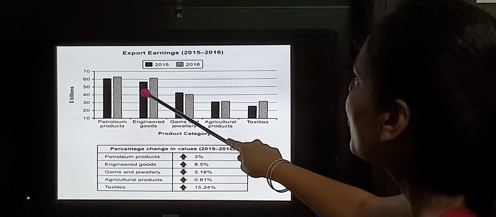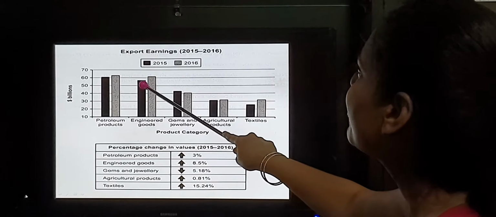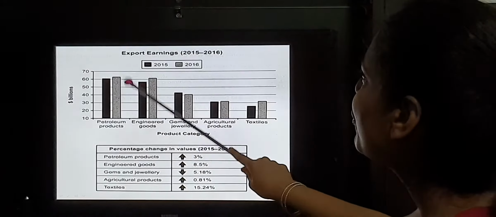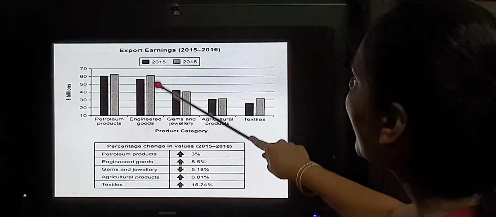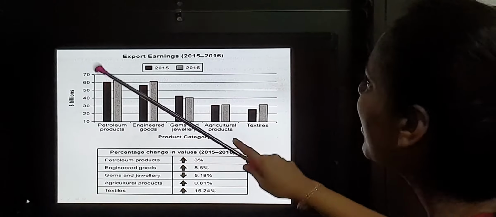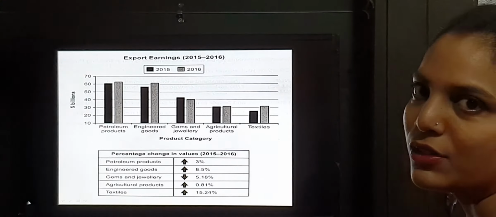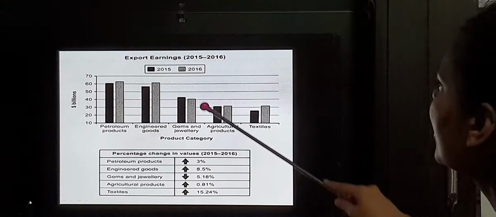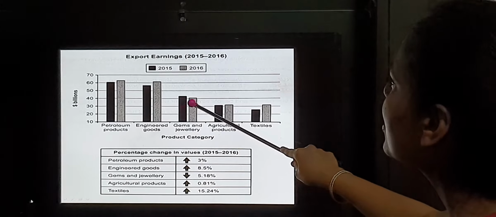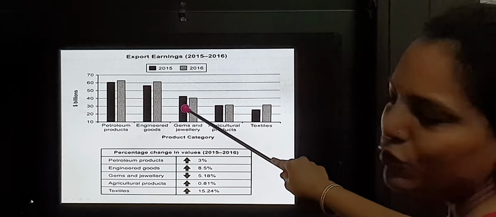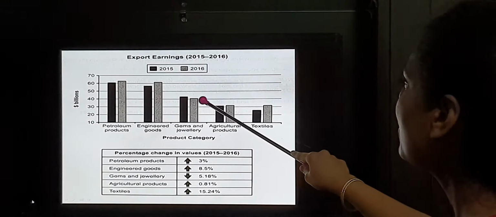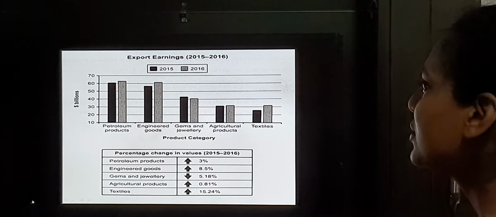Now the export of engineered goods was $58 billion in 2015, and earnings from export of engineered goods was $61 billion in 2016. Next, the value of earnings from gems and jewelry was around $41 billion in 2015, and it was $40 billion in